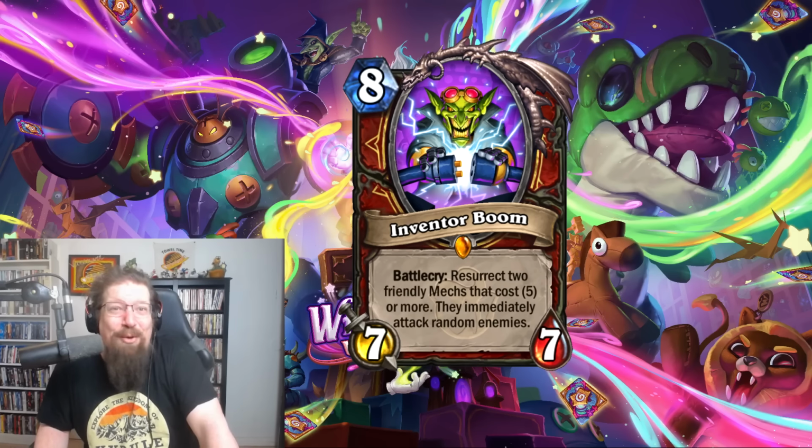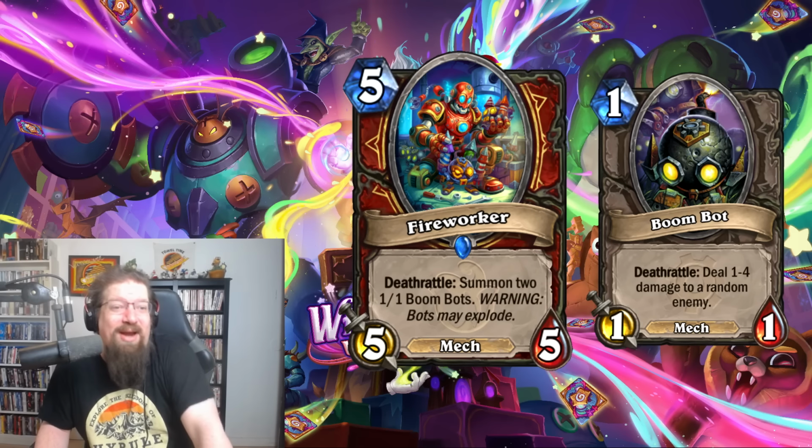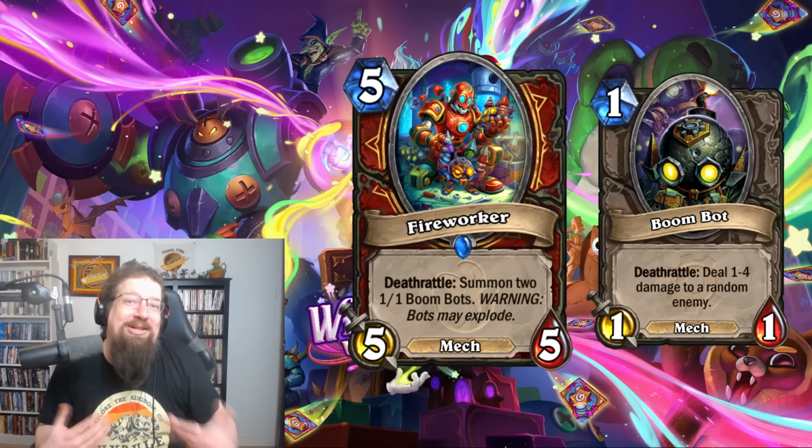And you got like Foe Reaper and you got like pretty crazy mechs in Wild as well. And speaking of mechs, well, we got one right here. Fireworker, a 5 mana, 5/5 mech. Deathrattle: summon 2 1/1 Boom Bots. Warning, bots may explode. Just the Dr. Boom Boom Bot. So it's not proactive like classic Dr. Boom,